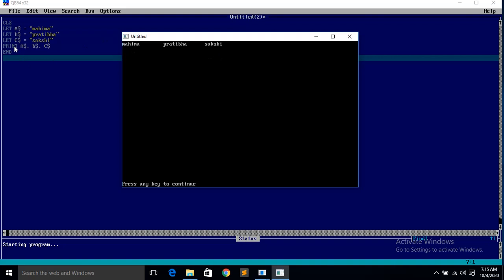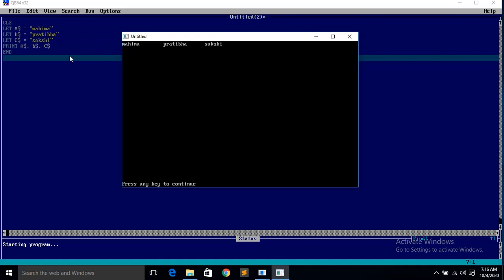Since I have given here print, print means what? The output you will not get of let. Let means what? It will store the value to the variable in the memory. That is the internal part. So whatever the output you will get is by the print statement. Whatever you have written, print $. What is the $ stored?